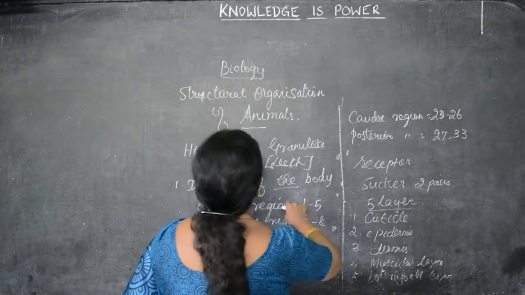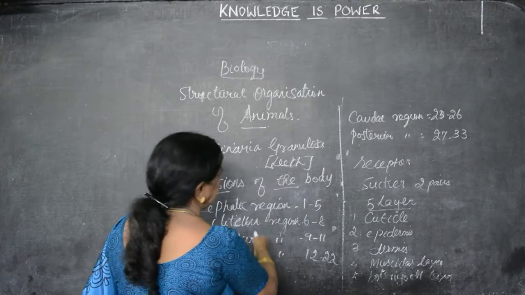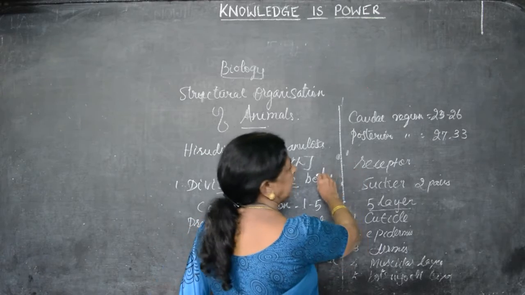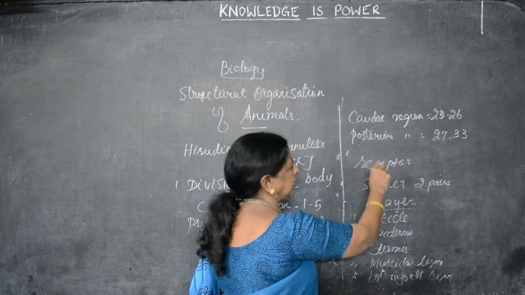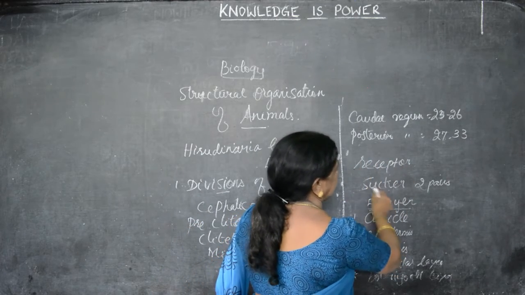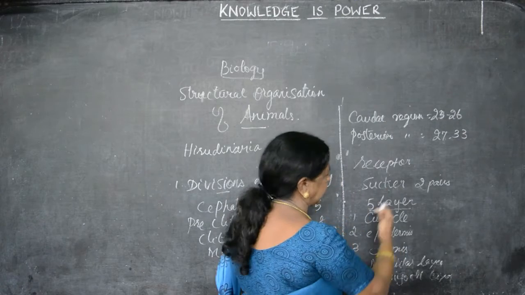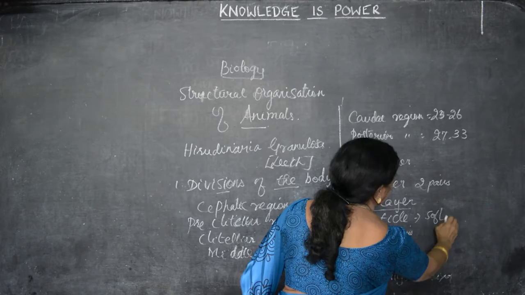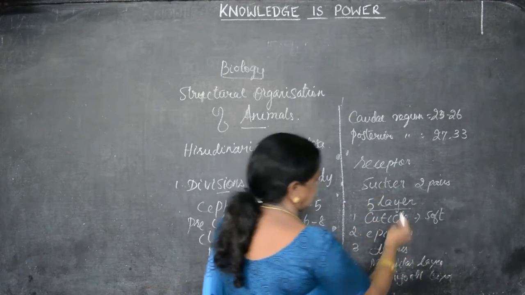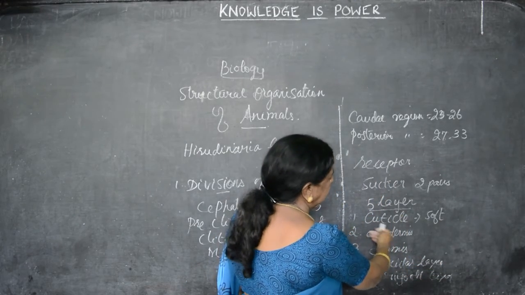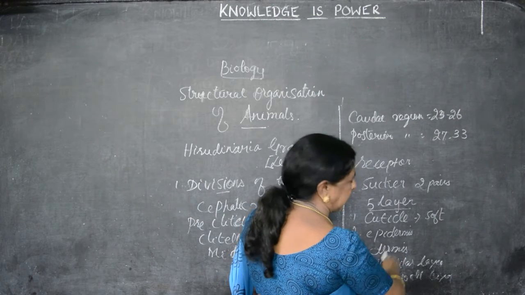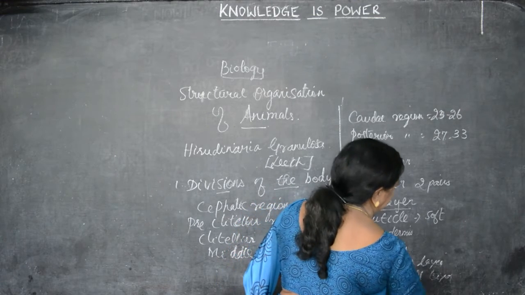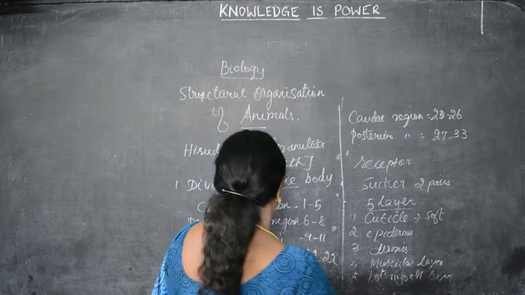So the body, I said already, has divisions. The divisions we have seen, 6 divisions of the body. It has 5 pairs of eyes. Receptors are there to get the sensation of the food. There are 2 suckers, I said. Apart from that, the body is divided into 5 layers. This is cuticle, the very soft part of the body. When you touch, we can feel the softness. Next layer is epidermis. Then the third layer is dermis. The fourth layer is muscles. And the last layer is botryoidal layer. Totally it is made up of 5 layers.